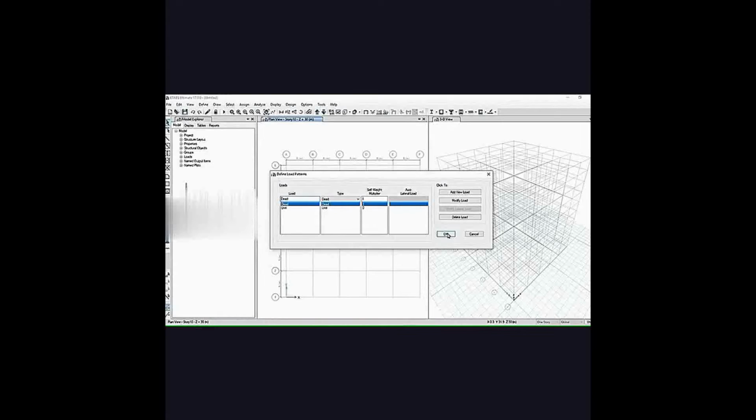Now I have to define load patterns as live and dead loads. I have to select the quick draw option from the sidebar menu to draw columns and beams and the slabs also.